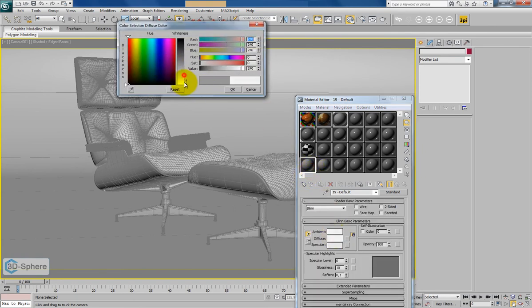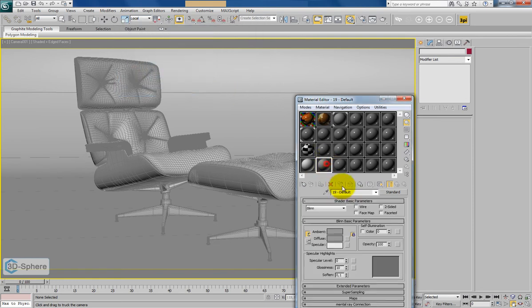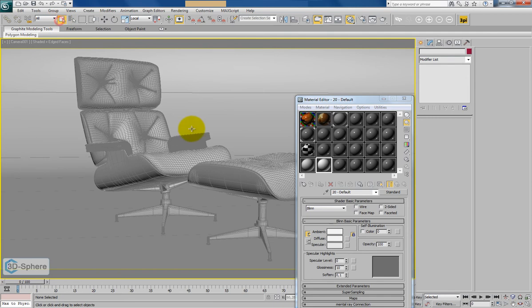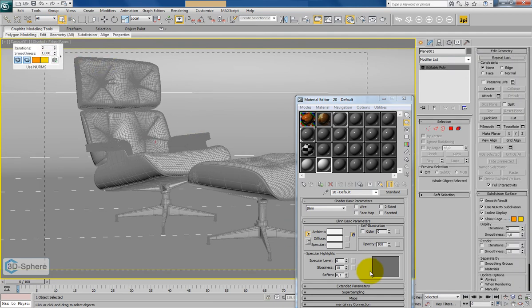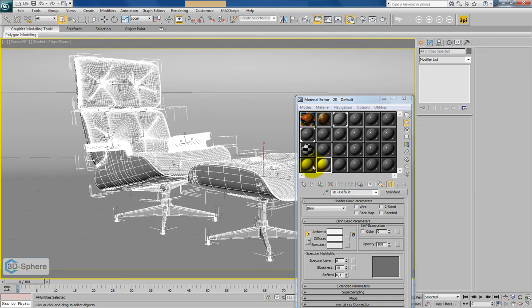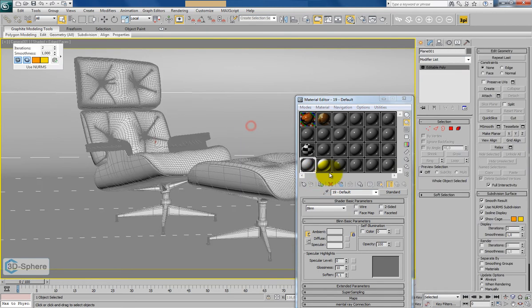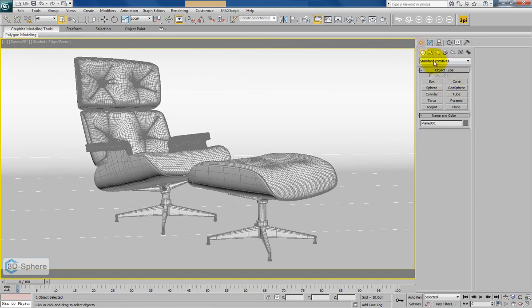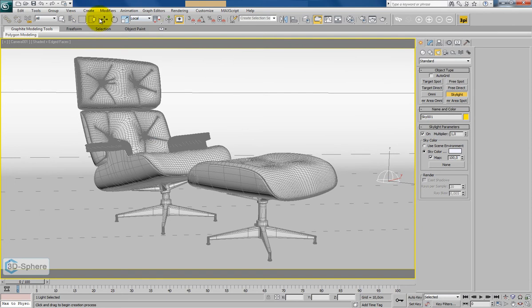Now the first material will be like this, and the second will be almost white. This will be for the plane. So I will select everything, deselect the plane, apply this, apply this. Now create a light, a standard skylight, place it somewhere, can go up,